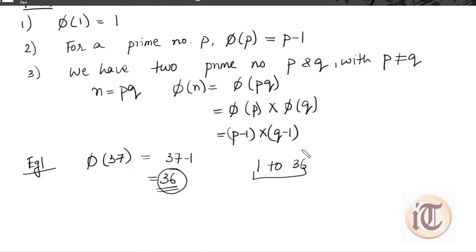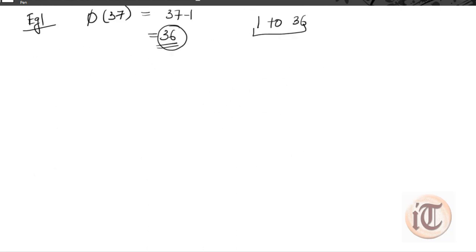Now we take another example and see how we calculate phi of n. Suppose we have to find phi of 10. If I have to calculate the Euler-Totient function manually, we take all the positive integers less than 10, that is 1, 2, 3, 4, 5, 6, 7, 8 and 9, because we have to take numbers less than n. So n is 10, so we take up to 9 here. Now we check one by one which of these numbers are relatively prime to 10.